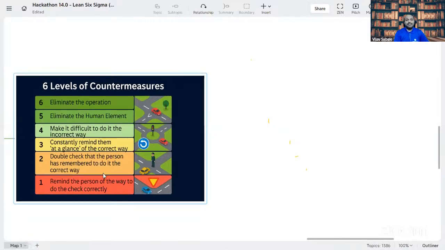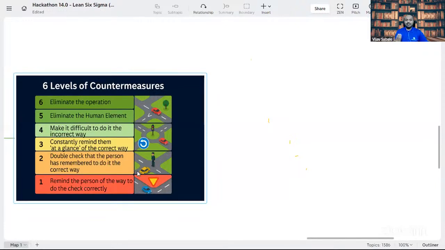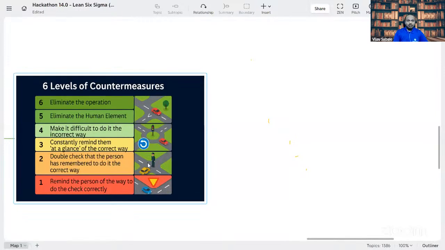Now, the second level is that we can put the traffic police there, to check the car drivers who are coming at that point, stopping, waiting, and then after seeing them, going forward. So we can have that level of things. We can put the policeman there. Here we put the auditor. Now the problem is not solved, right? But somewhat the reoccurrence of the problem is going to be reduced.